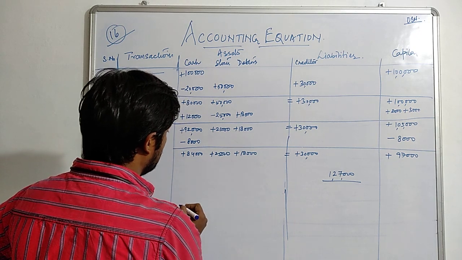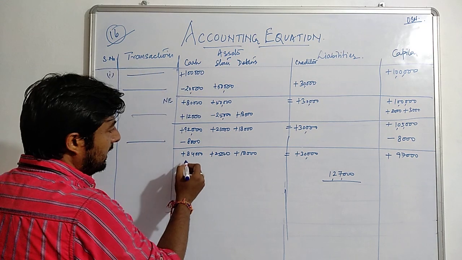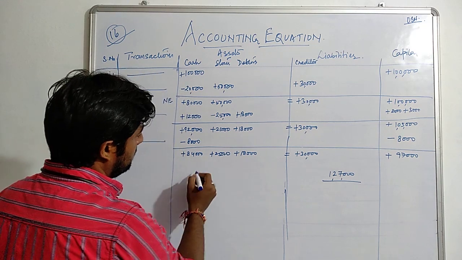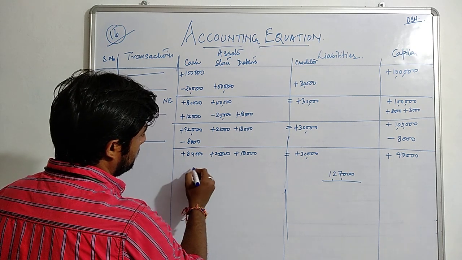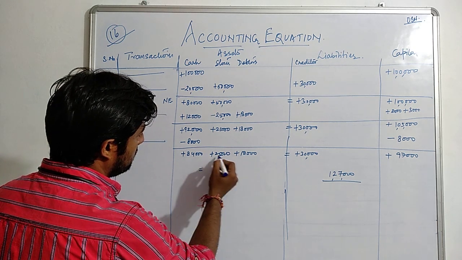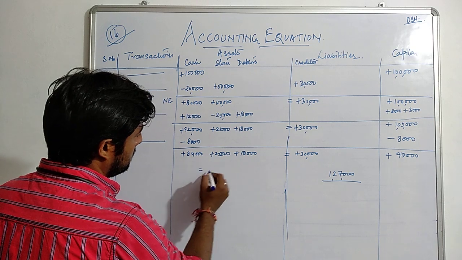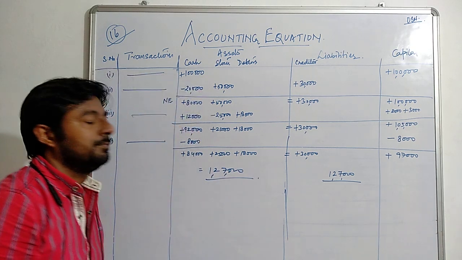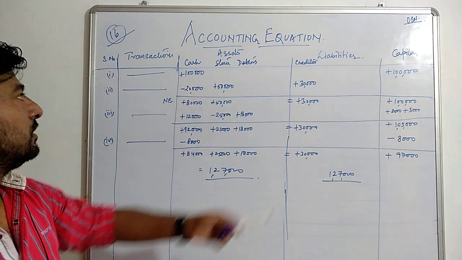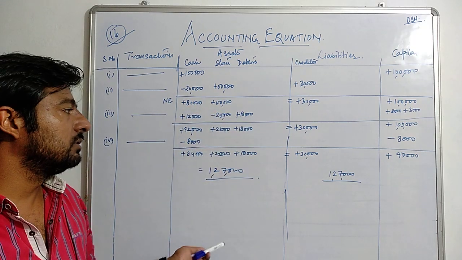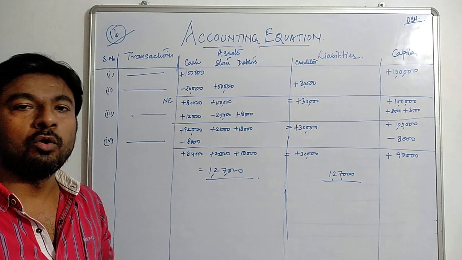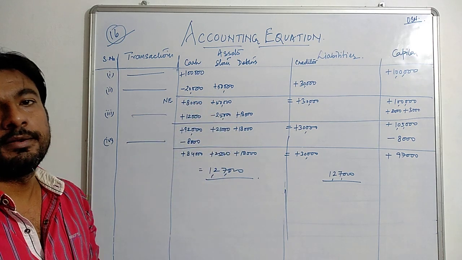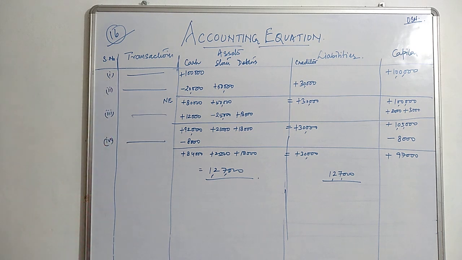Do the calculation here also. 84, how much? 127. Got the point? So hope this question is also clear. This is a very simple question. There is no new thing in the question. Already whatever you studied, all the things are there in this question. Clear? See the question.